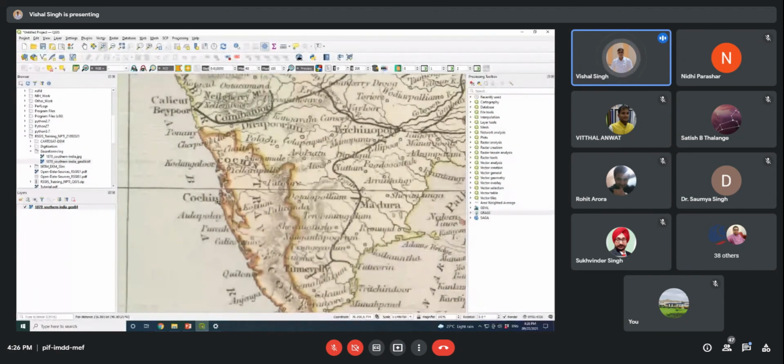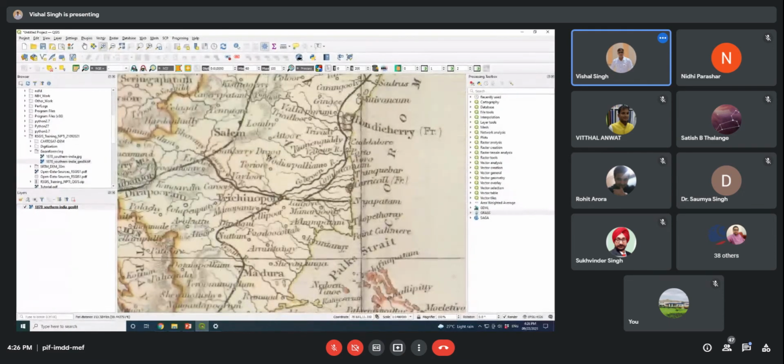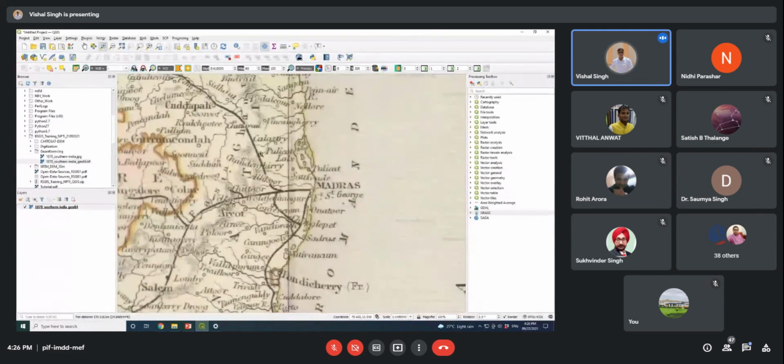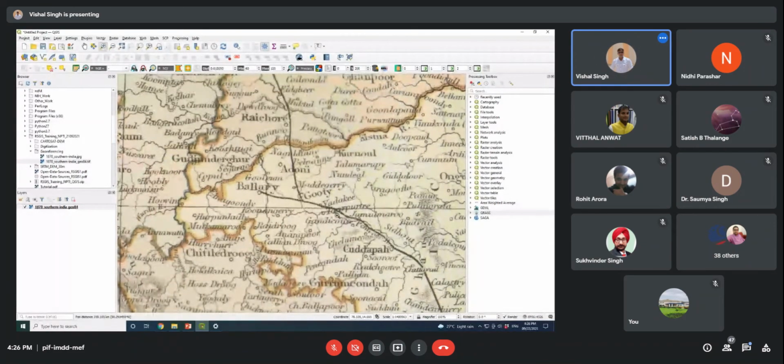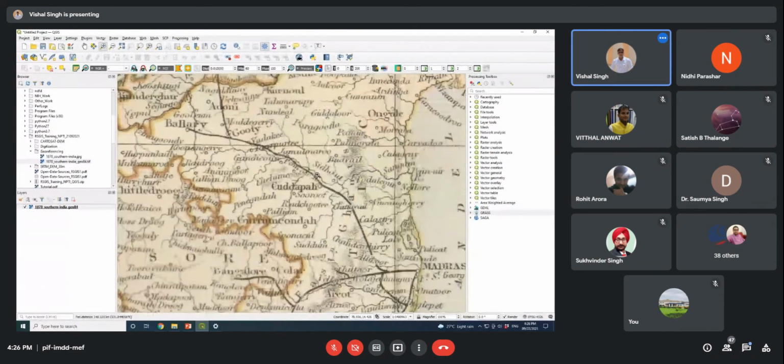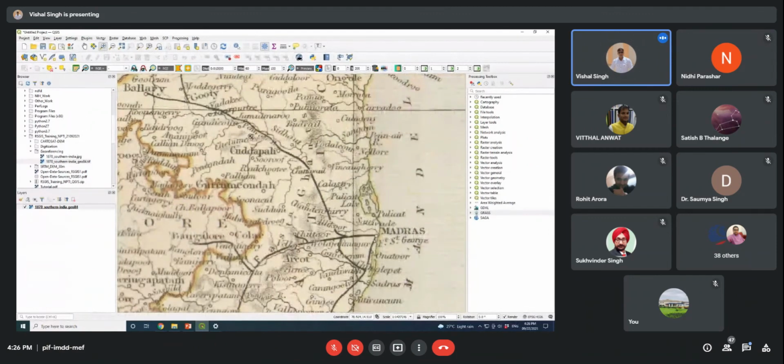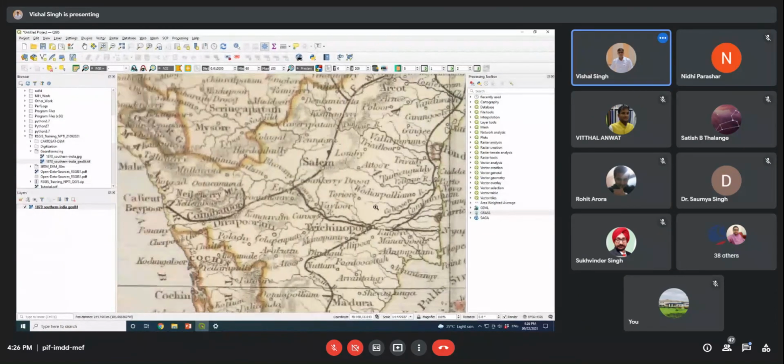Like here, you can identify in this map, okay, this is Cochin, and you can identify some features here. This is a river.